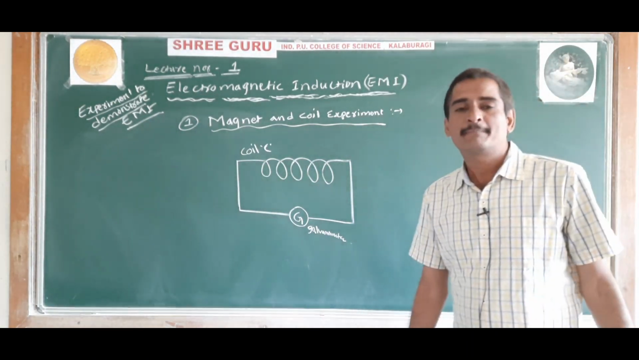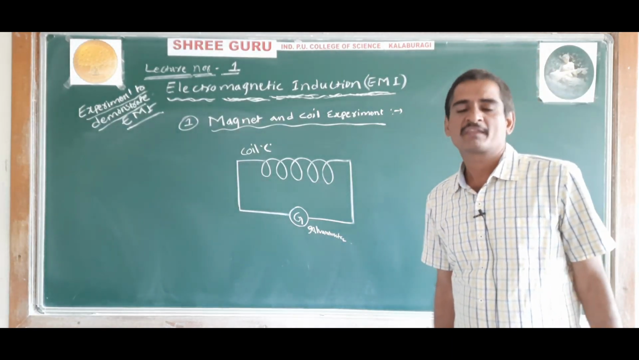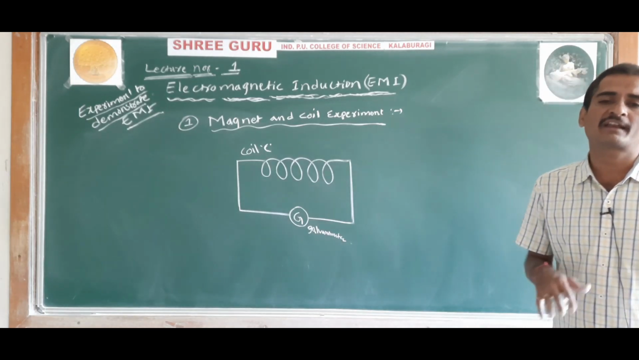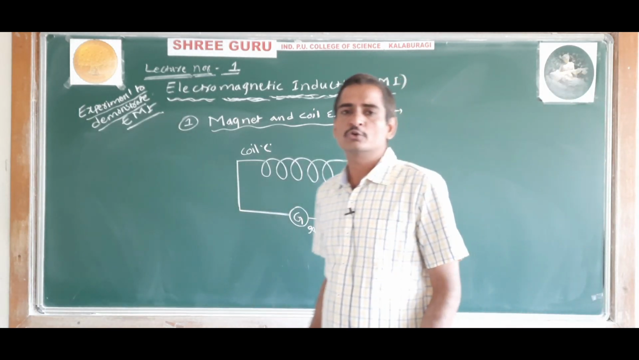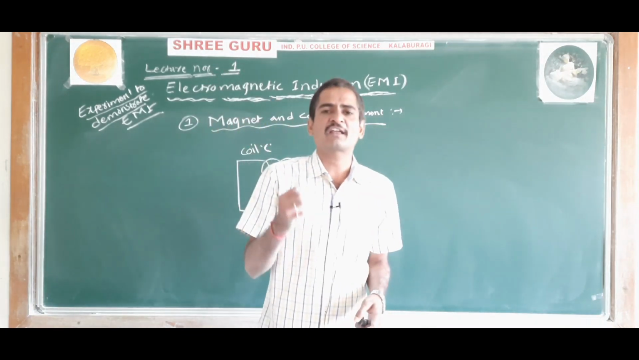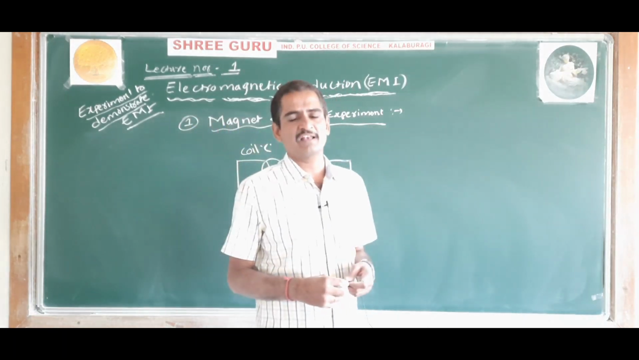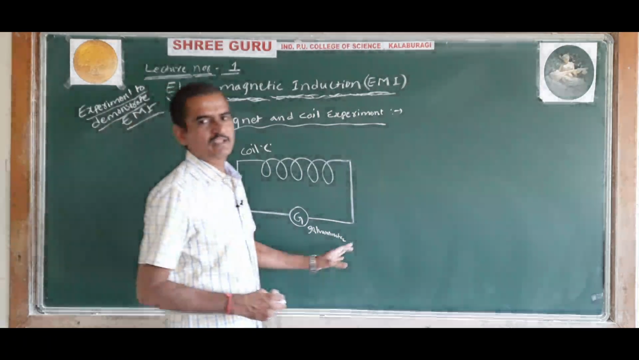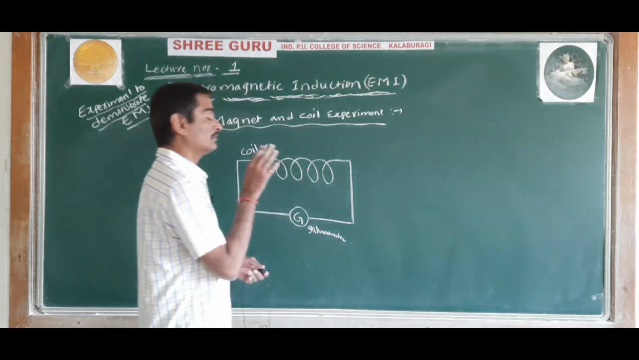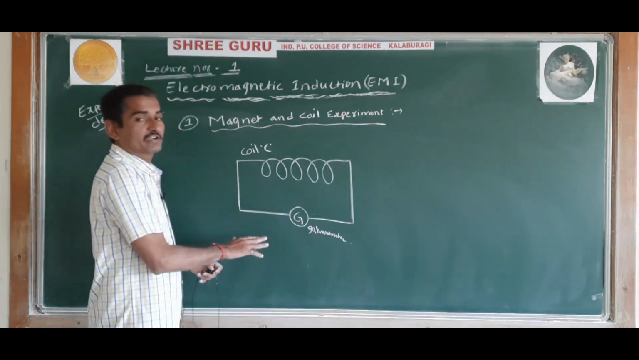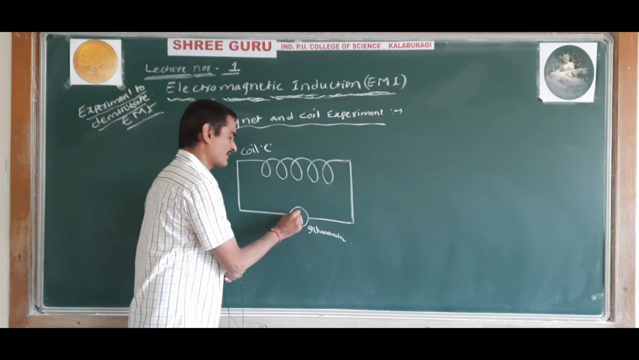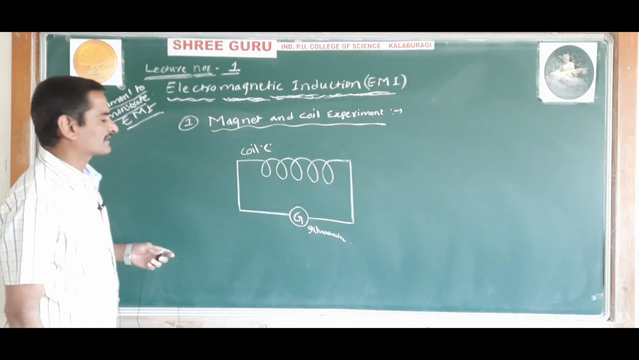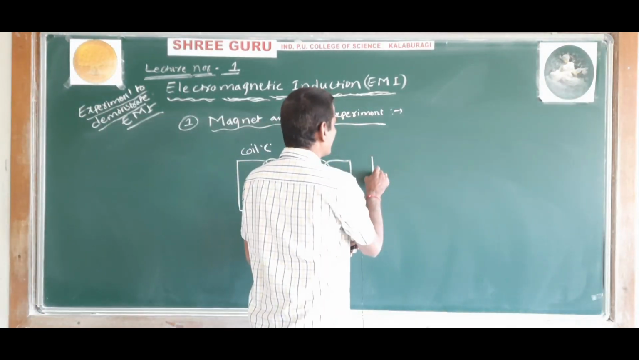A galvanometer is a device used to detect the presence of electric current in a circuit, and it can also be used to measure electric current of a very small order. The galvanometer tells us whether current is there or not in a circuit. So coil C is connected to a sensitive galvanometer, and